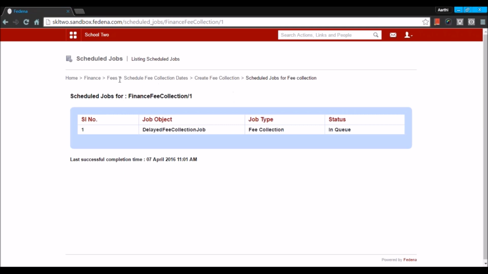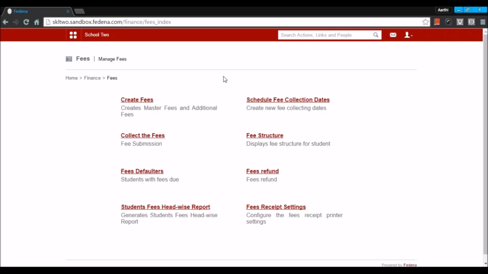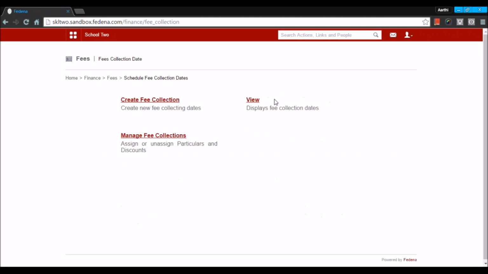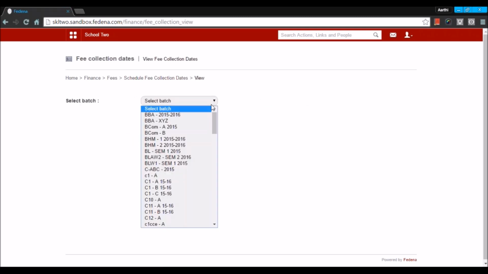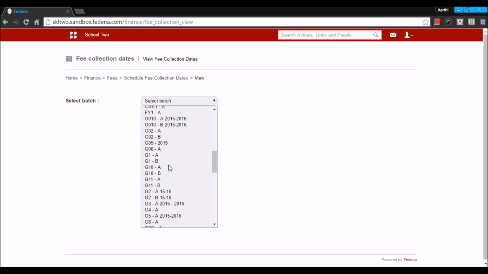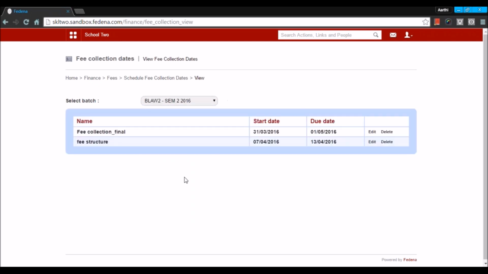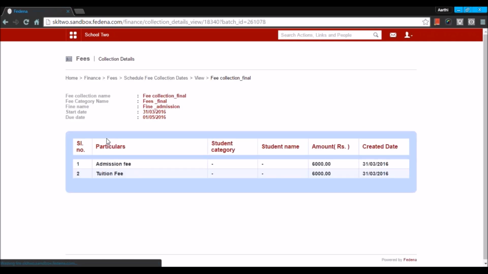Now I will go back. Since it takes some time for the schedule collection to happen, let me explain the other factors. Inside the schedule fee collection dates, the next thing that we have is view. Under view, you get to choose a batch. So here, let me choose a batch. And out of this fee collection, I'm going to choose one of the fee collections and view